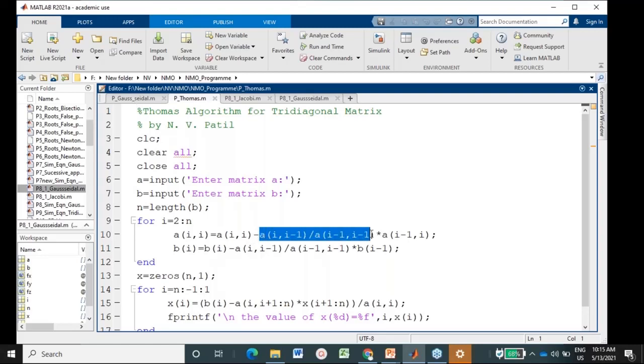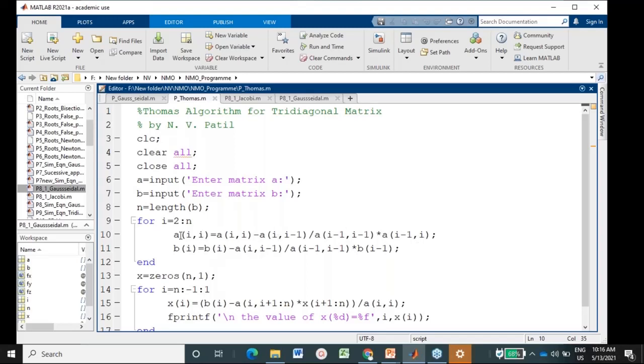The factor is nothing but the equation 2 element divided by equation 1 element, that is A(2,1) divided by A(1,1). You may assign this factor to a separate variable or directly write it in the same line, and then multiplied by equation 1, that is A(1,1).